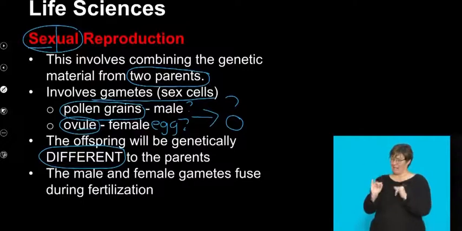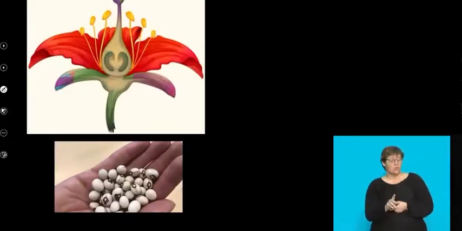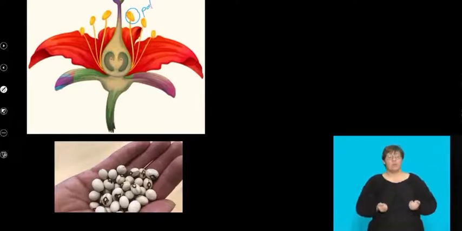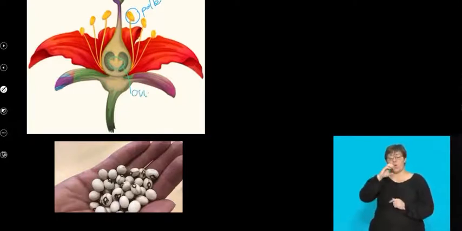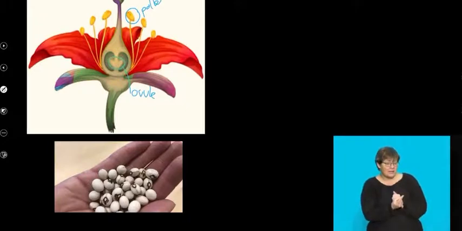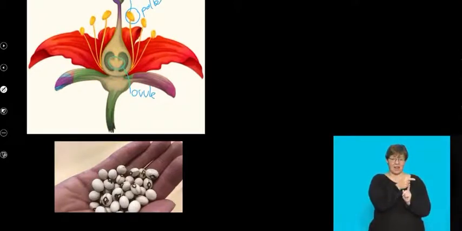Now I want to show you, you're going to look at the flower later, but the whole concept of sexual reproduction is this. This is the male, and it's going to produce pollen. It's the anther. This is the female, and this is the ovule. And what happens during reproduction is the male lands over here.